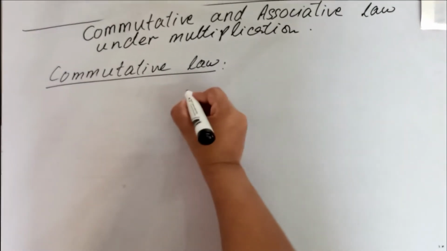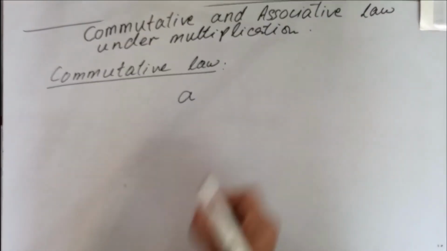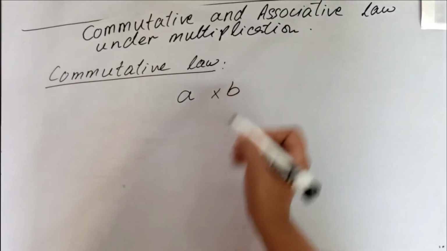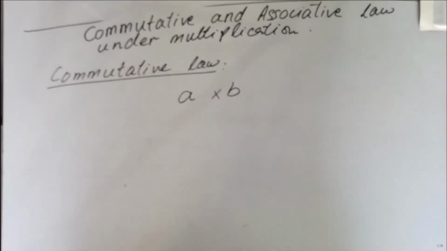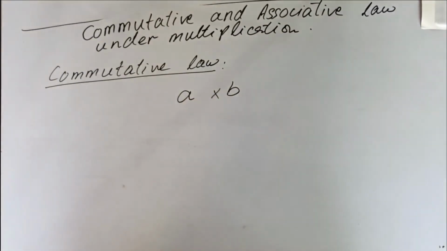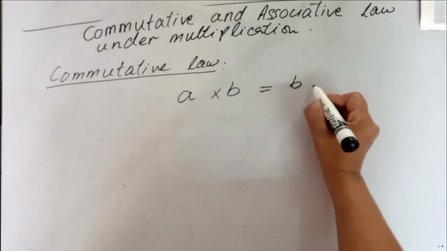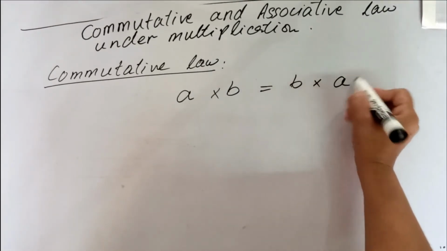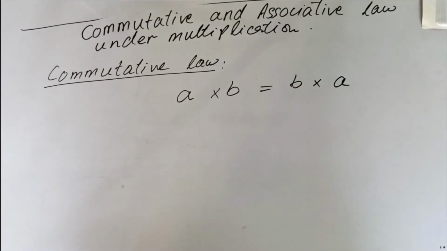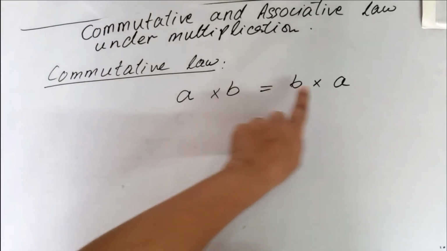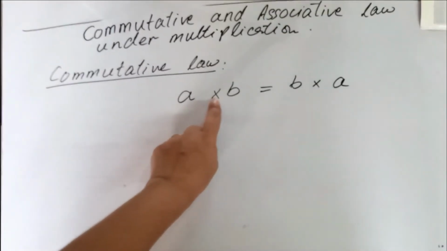Again we are going to take the same example, and here I am having this a multiplied by a value b. When we multiply a by b, then we get some answer, and that answer is same as if I multiply b by a. So we can change the place of the two values when we are multiplying, but we get the same answer, same result, no changing in the result. So this is called the commutative law under multiplication, because we are using multiply sign over here. In the previous we used plus sign.